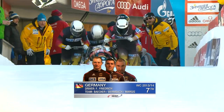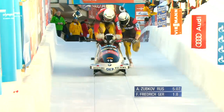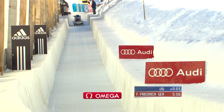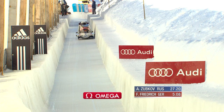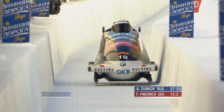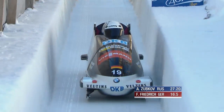Not much. Francesco Friedrich, Yanis Becker, Gregor Birnbach, and Torsten Margis are the crew. Look at those push bars. Real new technology the Germans are bringing out here. Yeah, it doesn't work. He has to pull it in by hand. 51.5, middle of the pack speed. That's not good there for the young. Oh, real bad